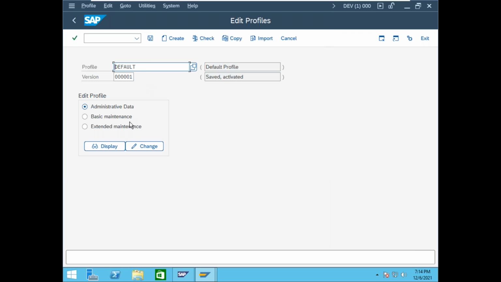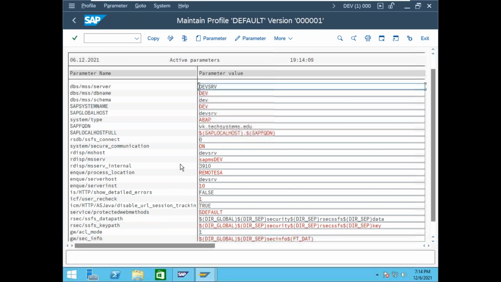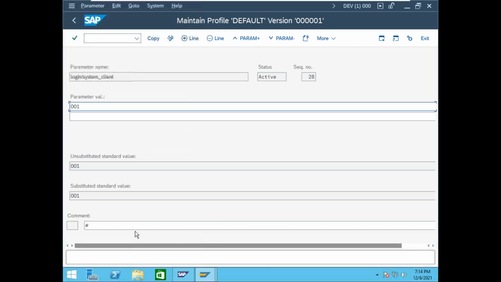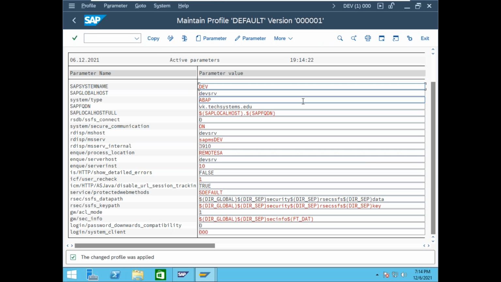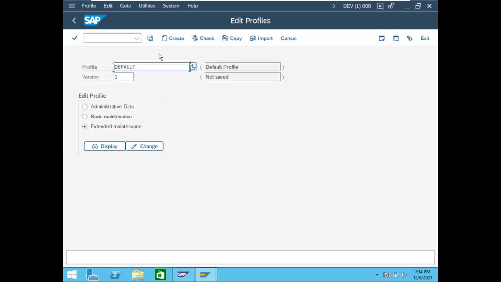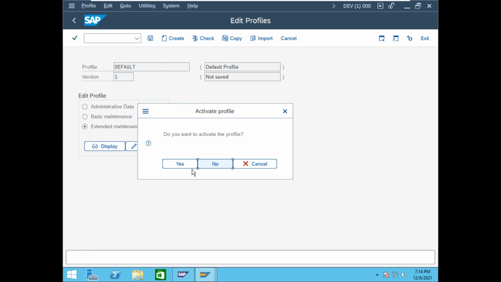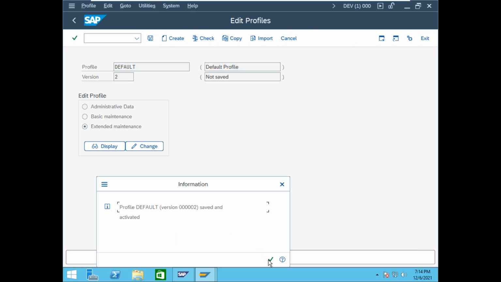Now I want to change the entire system. That's why default profile, extended maintenance, change. Scroll down. Here there is a double click. I want to change it to client 000. Copy, exit, copy, exit, save, yes, continue.